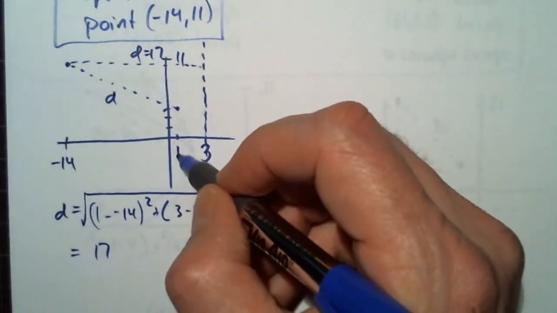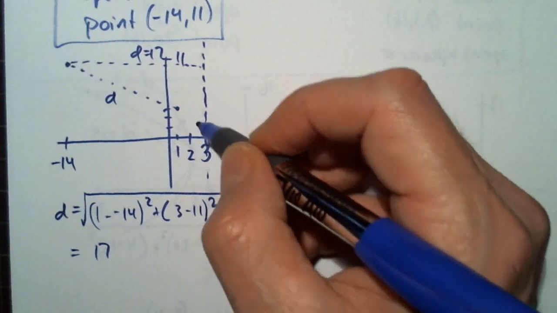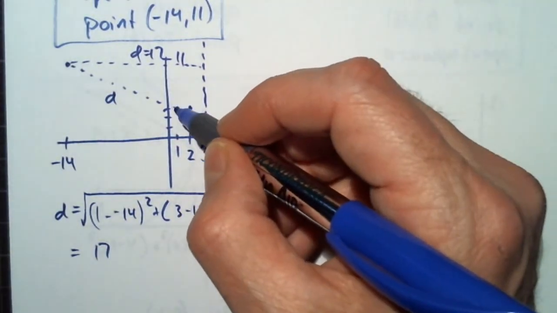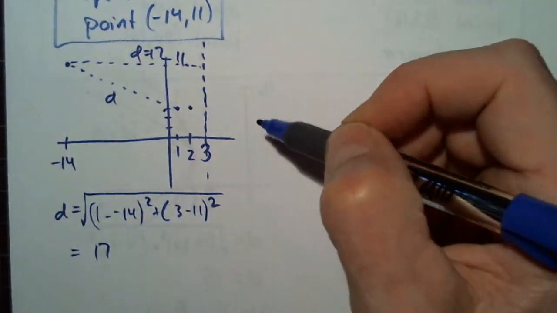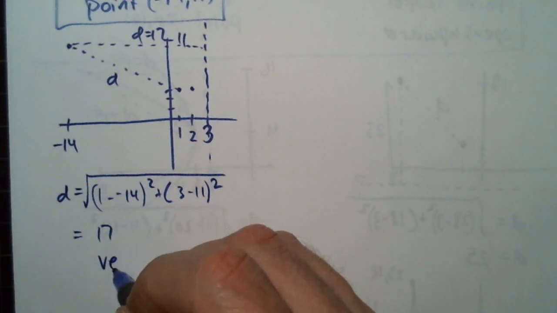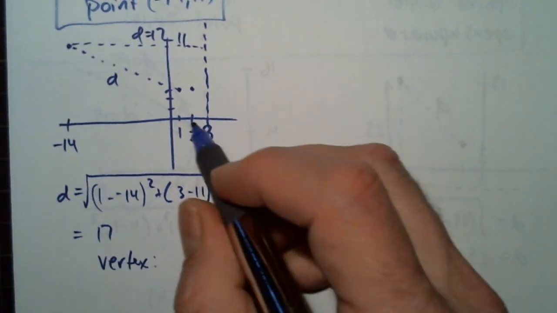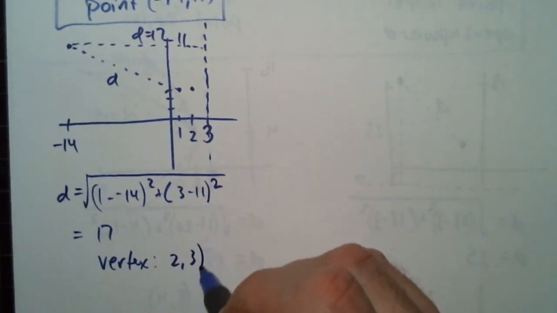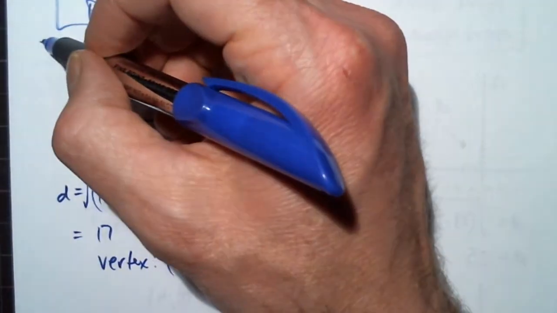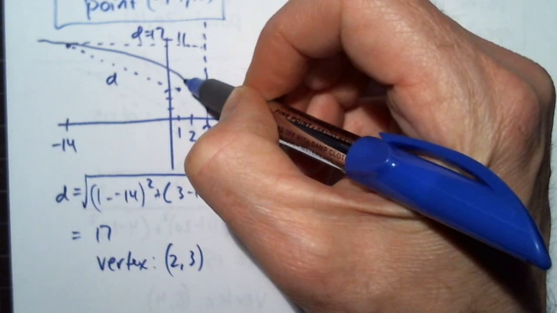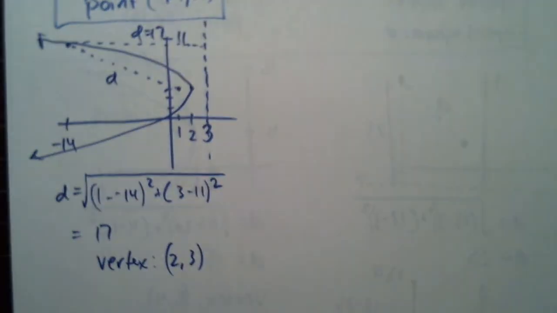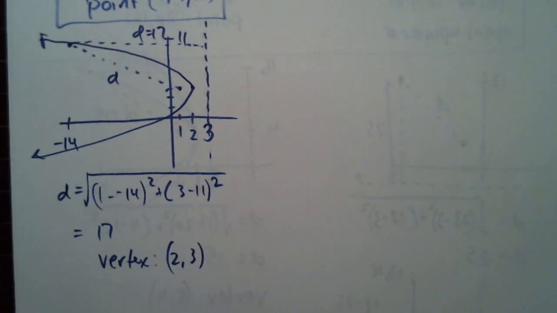The focus is at 1, and that means that the vertex is halfway between. We go 1 to the left, 1 to the right, so that means we know where the vertex is: (2, 3). And the parabola goes through this point, through the vertex, and then back. You see it's opening to the left,